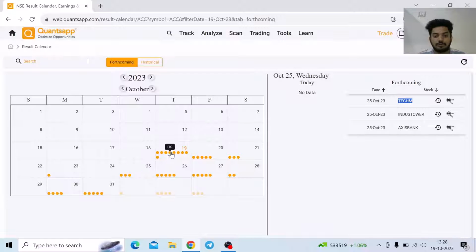So what we need to do before any major event, we will prefer buying options. If I don't have any view, I will prefer buying a call and put option both. Why will I do that? Because if implied volatility in the market goes up, we have all learned that whenever implied volatility goes up, if everything else in the market remains the same, the call and put premiums go up. And whenever the implied volatility goes down, call and put premiums both go down. So my strategy is simple: before any major event, I will prefer buying options, and after any major event, I will prefer option selling strategies.